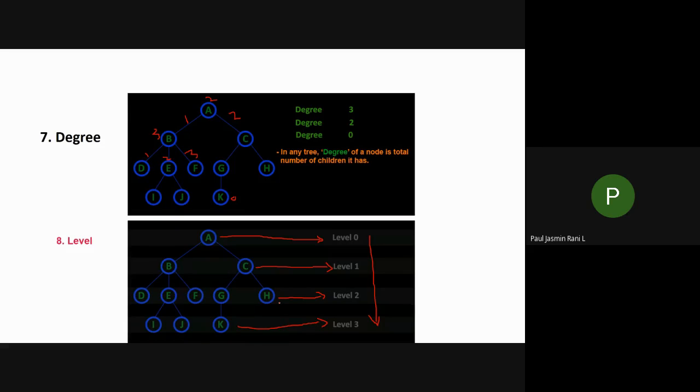Okay, if I say a complete binary tree data structure, then all the leaf nodes will be at the maximum level. This is not a complete binary tree. If it is a complete binary tree, then your leaf nodes will be at the maximum level. So this is how you have to name the level. Okay, remember this one. Always your root node will be at level 0 and your leaf node will be at the bottom. And the level will be increased from top to bottom.